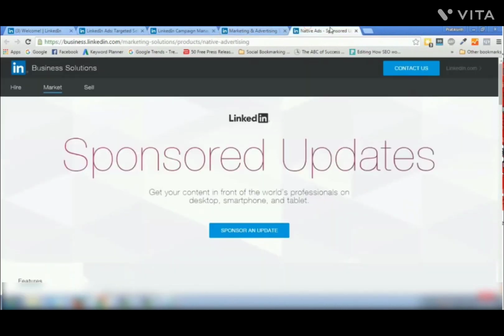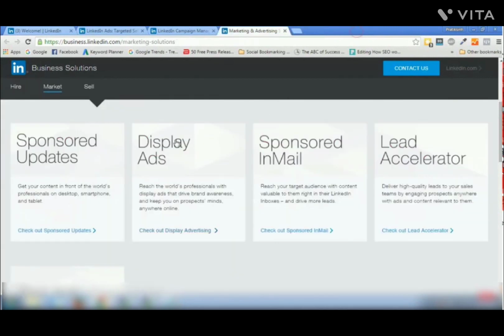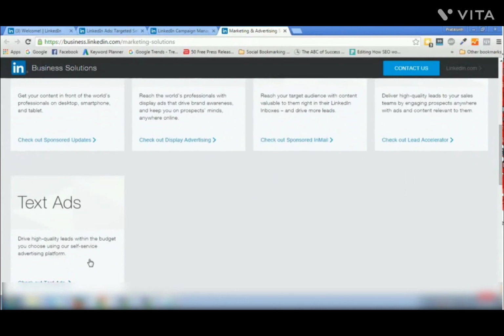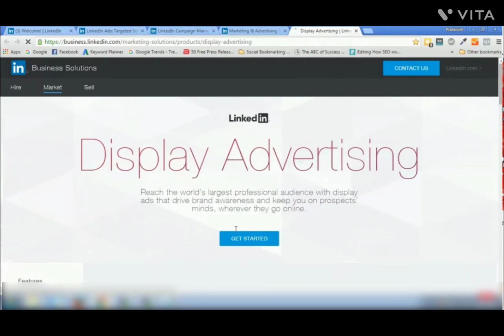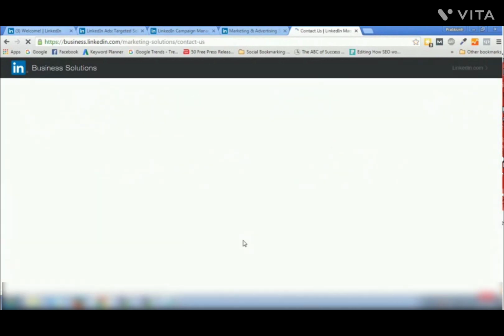So that was all about advertisements, which is sponsored advertisement, that is sponsored updates, and this text advertisement. Now let's see why only 2 options are available instead of in total 5 options. So let's just click on this one, display ads. If I click on display ads and open it in a new tab, it will give me an option like this where it says get started. So as soon as I click on get started,